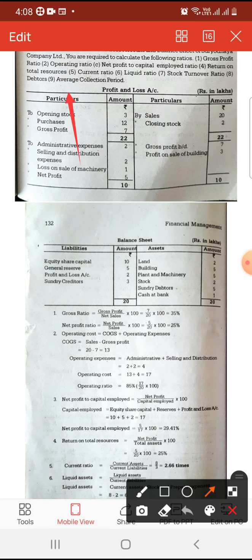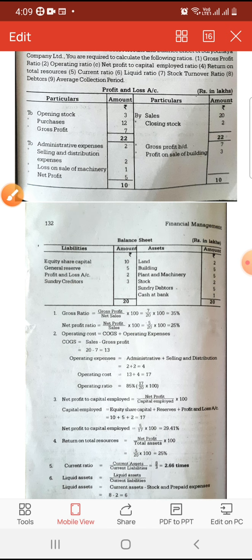Now we will see the second one. The second question asked in the problem is operating ratio. Now what is the formula to calculate operating ratio? Operating ratio is operating cost divided by net sales into 100. Here net profit ratio is net profit divided by sales into 100. That is, net profit is given 5, sales is 20, so 5 divided by 20, it is 25%. Okay,